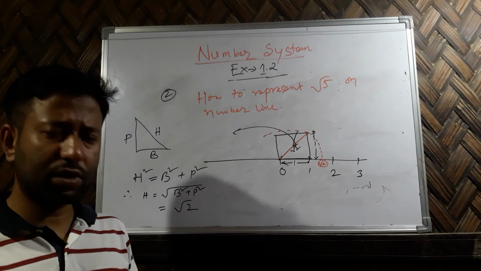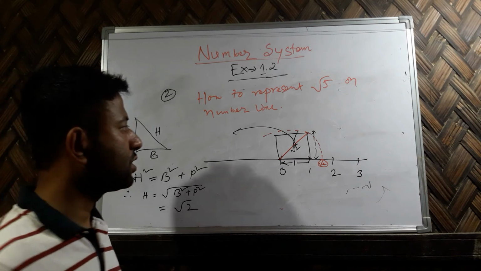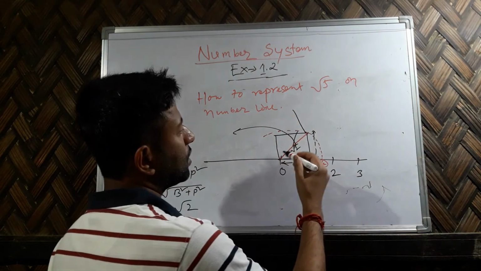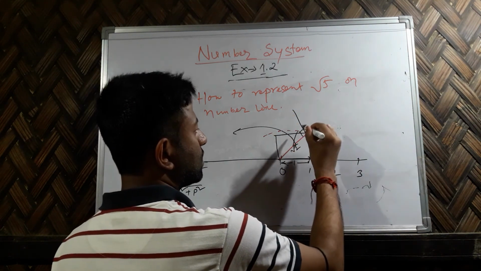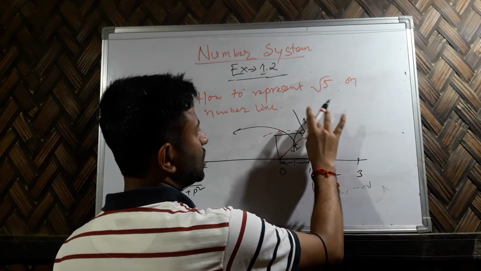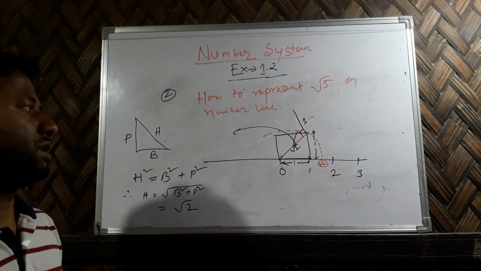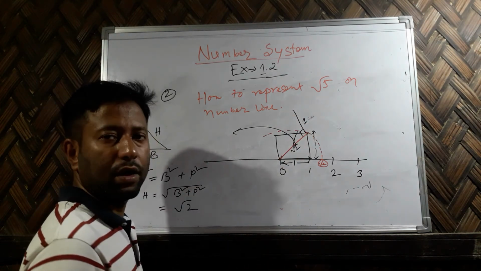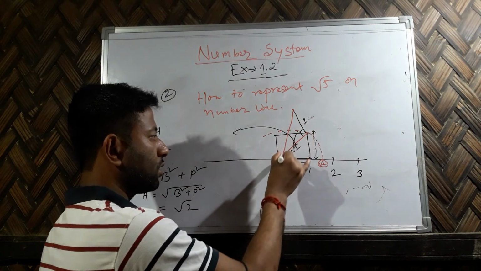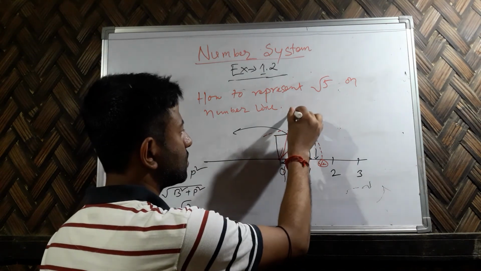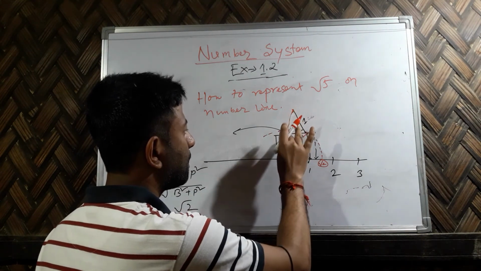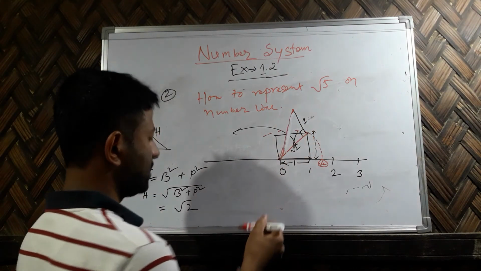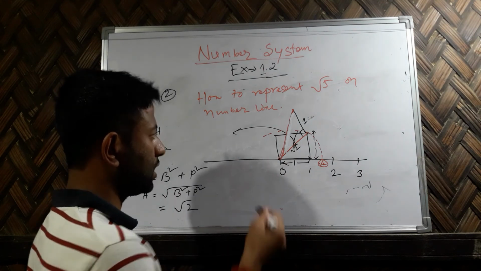अब ऐसे करके मुझे कभी कभी root 3 भी पूछ लेते हैं. तो root 3 कैसे होगा, ऑन दिस सिचुएशन मुझे क्या करना पड़ेगा, यहाँ पे और एक परपेंडिकुलर ड्रॉ करना पड़ेगा, और ये परपेंडिकुलर कितना होगा उसका वैल्यू भी 1 होना चाहिए, और यूनिट कुछ भी हो सकते हैं. अब ये सिचुएशन में आप देखिए, अब मैंने जब इसका भी हाइपोटेन्यूज ड्रॉ करूँगा वो भी कैसे होगा, यह हाइपोटेन्यूज होगा. अब यह हाइपोटेन्यूज का वैल्यू क्या हो जाएगा, अब मैंने सेम वे उसको फिर रिप्रेजेंट किया तो